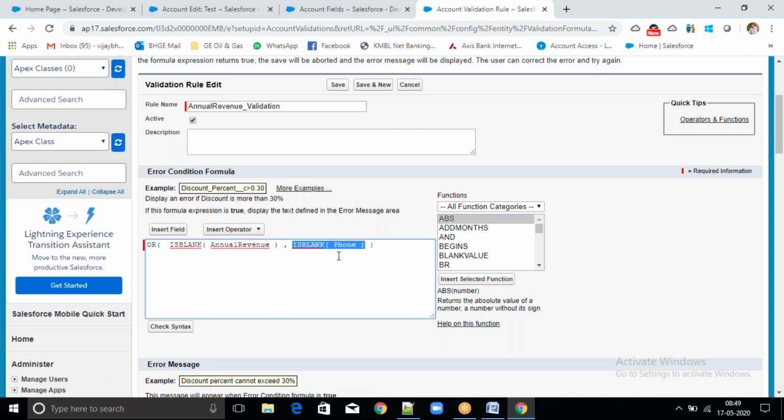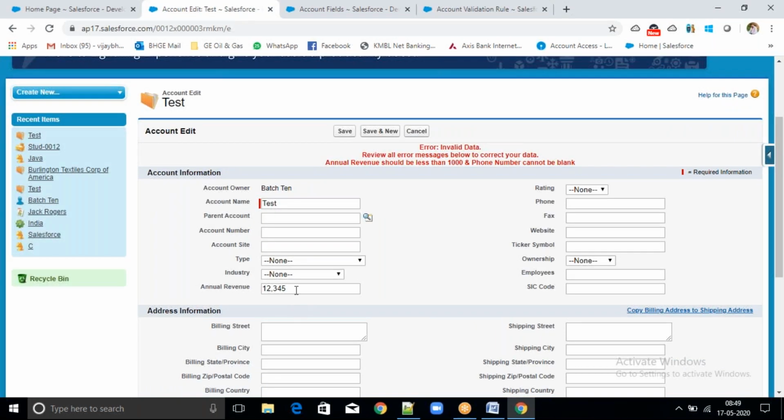Is blank of annual revenue? False, it is not blank. Is blank of phone? True. True or false means true. If the condition is true, validation will fire.